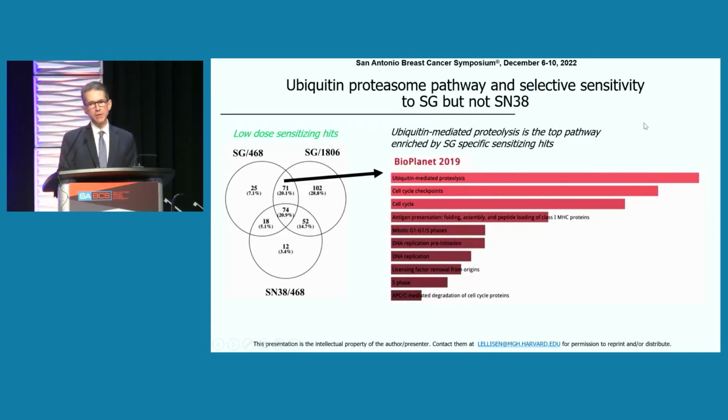A little bit of a surprise, given the known role of this pathway in topo-1 function. What it's turning out to be the answer is the specificity in the ubiquitin-mediated proteasome system, and this is all work done by Bogong Wu in the lab, the specificity for particular targets that are related to ADC targeting and processing that are deregulated to induce sensitivity.